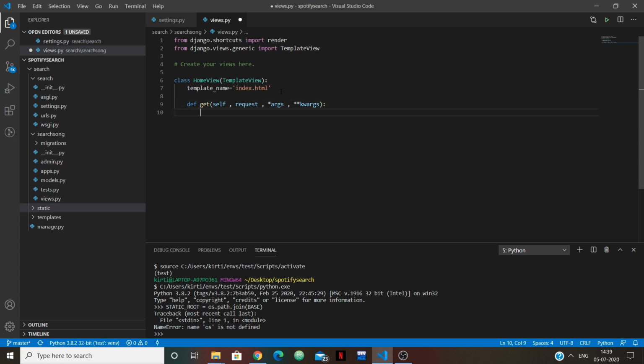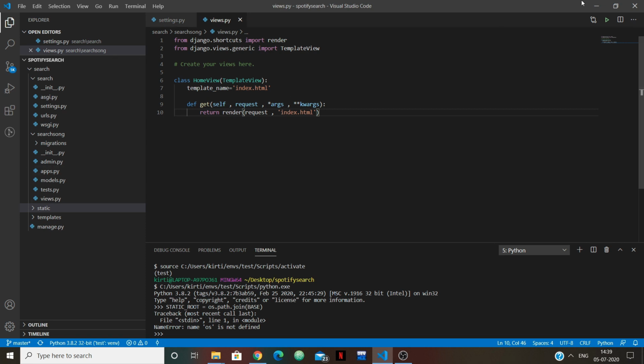Since for the time being I have not created any model and forms.py, I'm just writing a return statement, that is return render request, index.html. So this was the basic work which we have done till now.